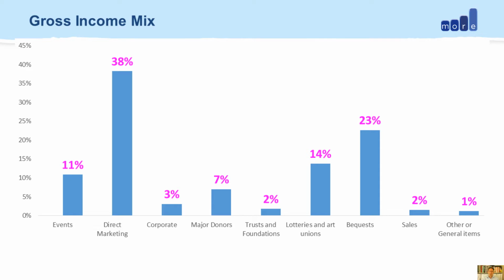But overall, what we see is this key pattern where essentially most of the money is coming from the expensive forms of fundraising, because they're the ones that we can make specific, knowledgeable investments in for a relatively known return. So every time somebody says we should just do more in corporates or we should just get more major donors, that's great because they're high return areas and we should certainly be looking at that. But the reality check is those areas deliver a very small percentage of the total fundraising revenue for the charities